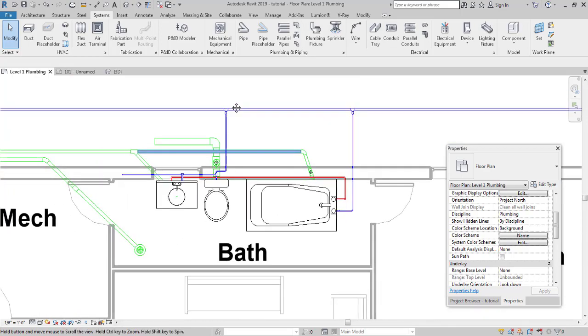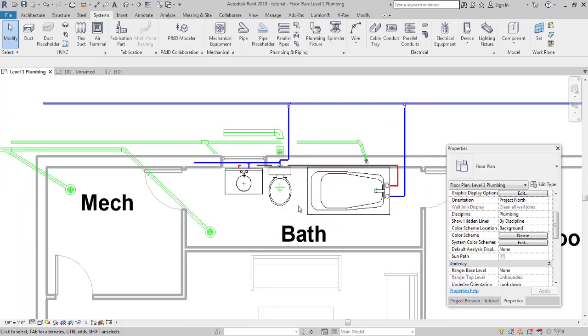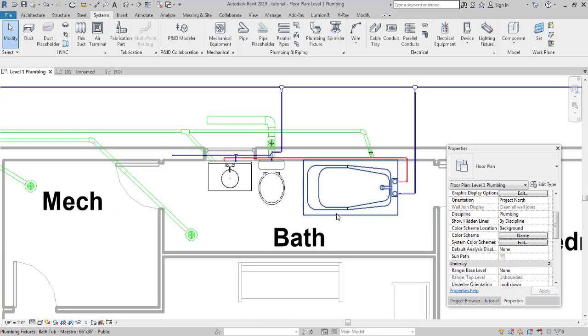One thing you guys might have noticed is that I don't have the tankless water heater. I will leave it up to you guys to do that. You can download any tankless water heater from a bunch of websites out there. Place it in the mechanical room. Give it an input. The input is obviously going to be a domestic cold water pipe, and the output will be a domestic hot water pipe.